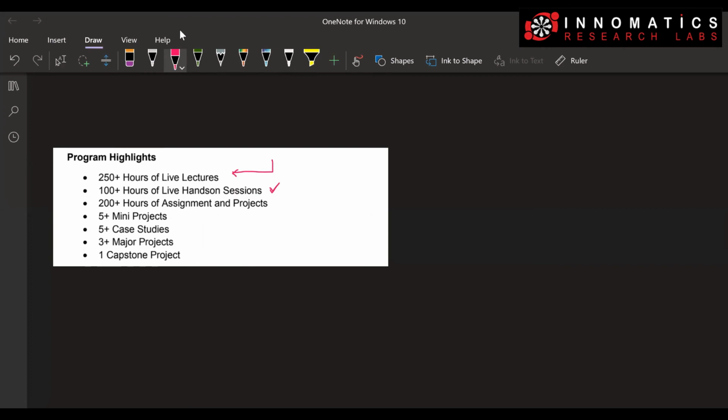We are going to have 200 plus hours of assignments. We are going to give you a lot of assignments, and you have to work on multiple different projects as part of all the modules. At the end of each module, we are going to have a mini project. For example, in front-end development, module number 1, you are going to work on a mini project, wherein you will be designing any application that you want from scratch in the front end. In module number 4, maybe, you are going to design the back end of the application.